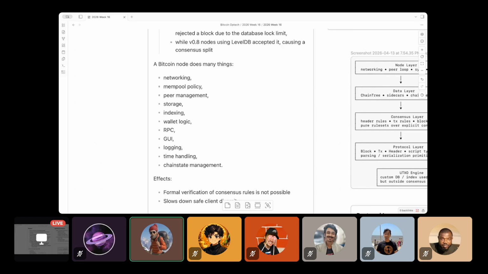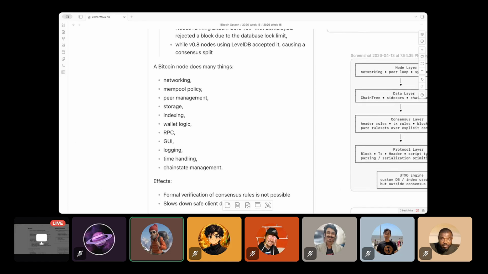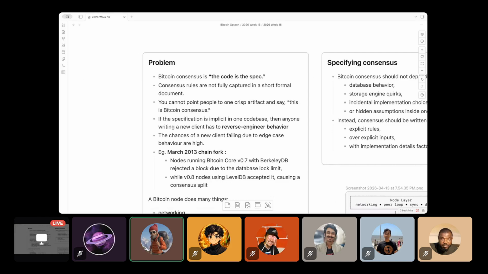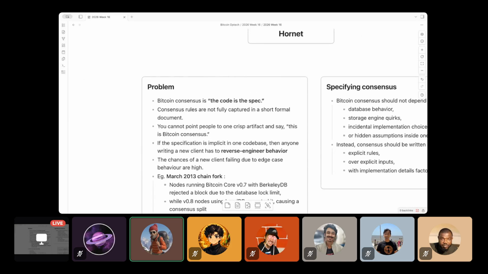So formal verification is not possible currently because of the intertwined nature of the node's functions. So this is the backdrop in which Hornet is being proposed.